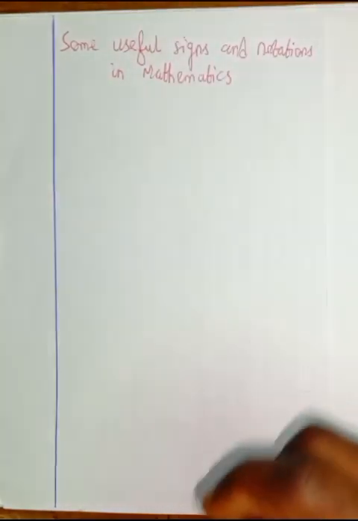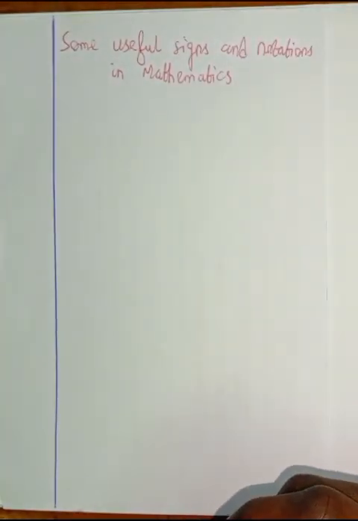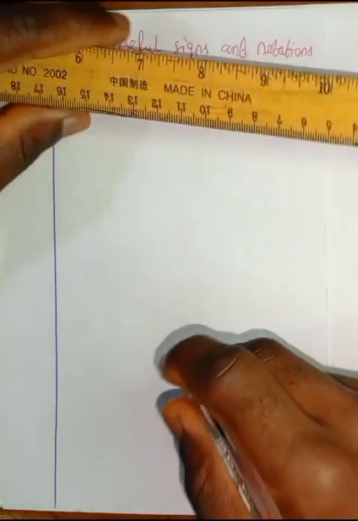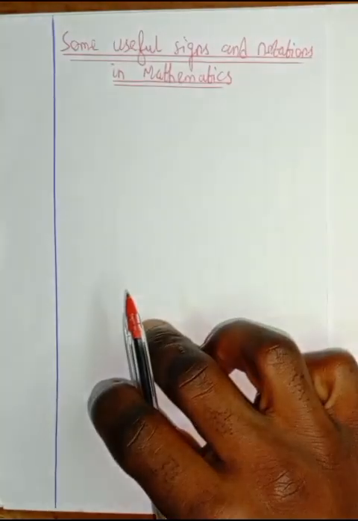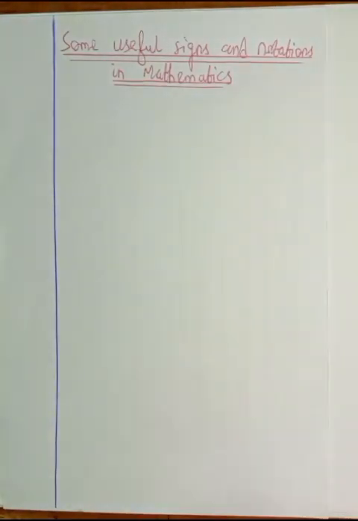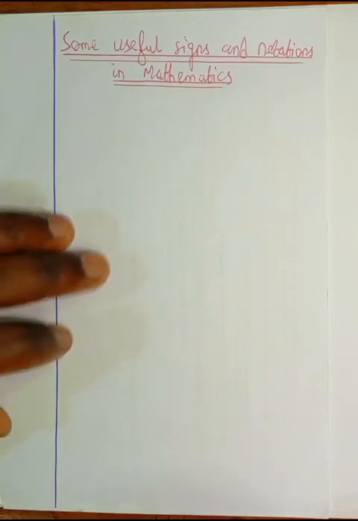You know that in mathematics we make so much use of signs and notations. It is very important to have a good mastery of the signs and notations used in mathematics. Someone who does not have a good mastery of the signs and notations used in mathematics will face a lot of difficulties in studying mathematics. Now let's take down the various signs and notations used in mathematics. The first one,